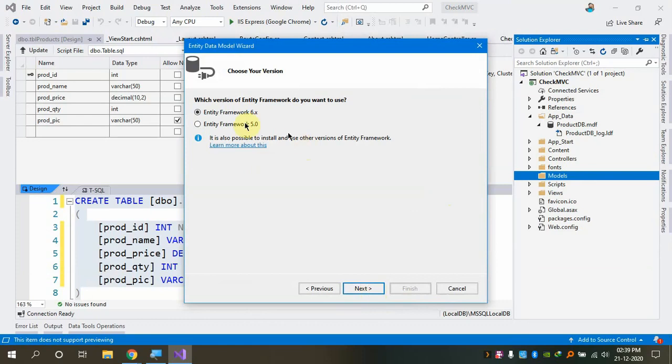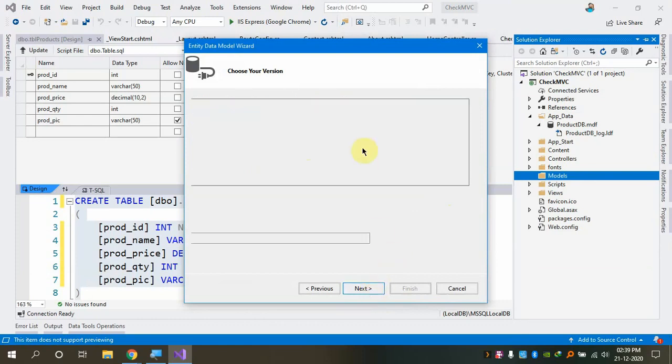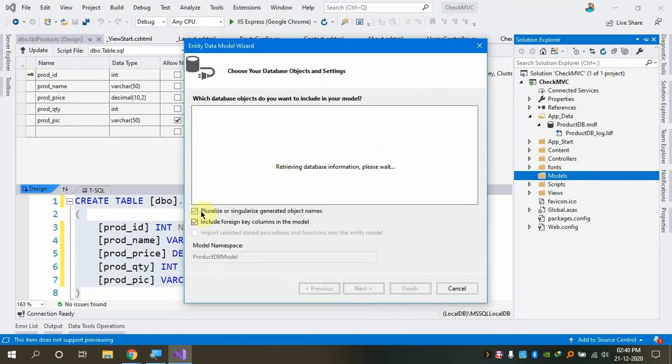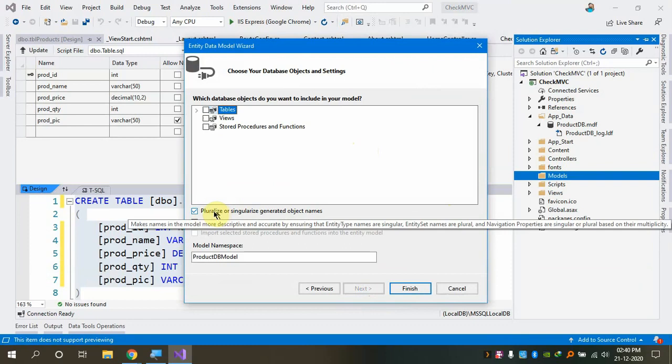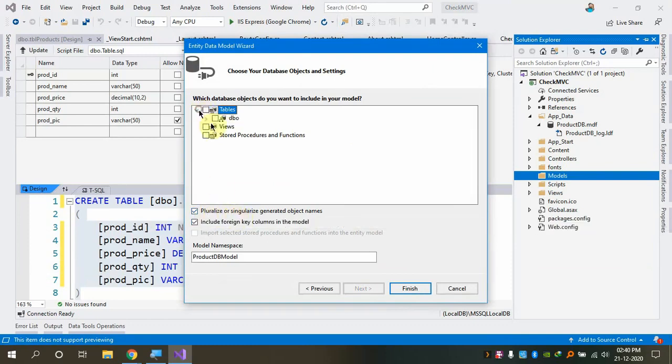Let me move on. Let me use the latest version of Entity Framework. Okay, and please note this is something which you guys are forgetting: pluralize or singularize. What we are doing is it's already enabled. You need not do anything here. All I'm saying is whatever you are adding from the table,